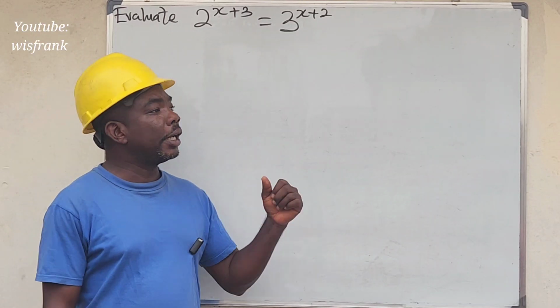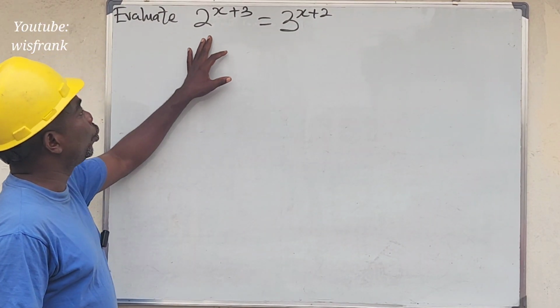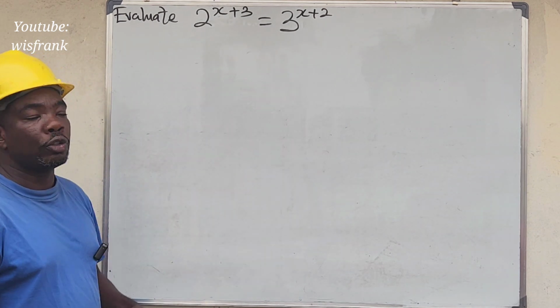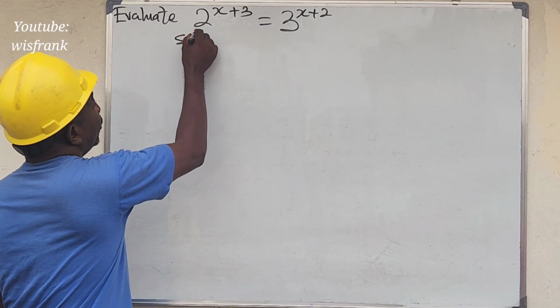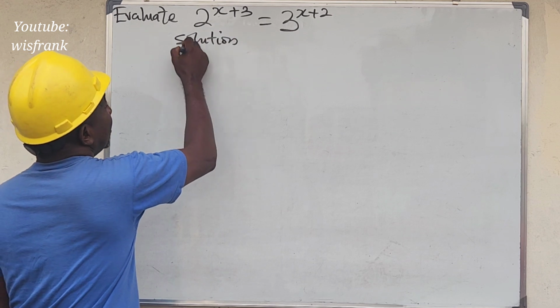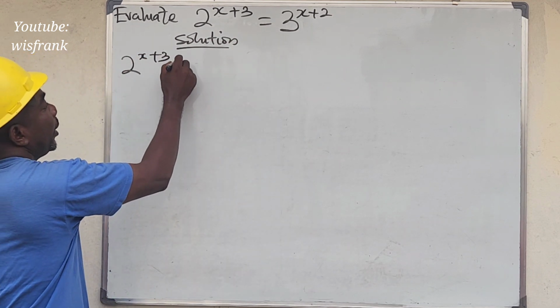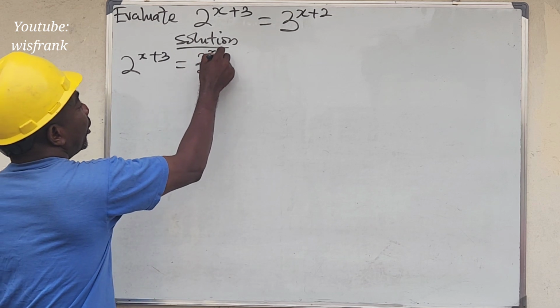For today, we are looking at this question and it says evaluate 2 to the power of x plus 3 equals 3 to the power of x plus 2. We are going to evaluate this for us to find the value of x. So we are given 2 to the power of x plus 3 equals 3 to the power of x